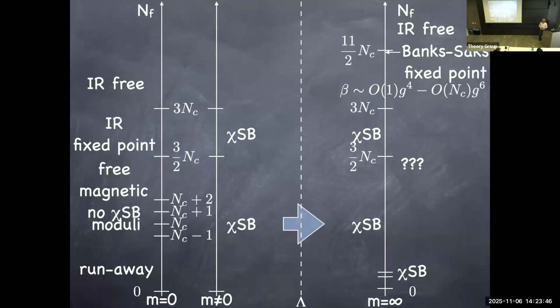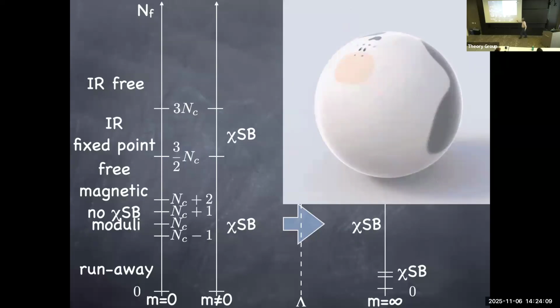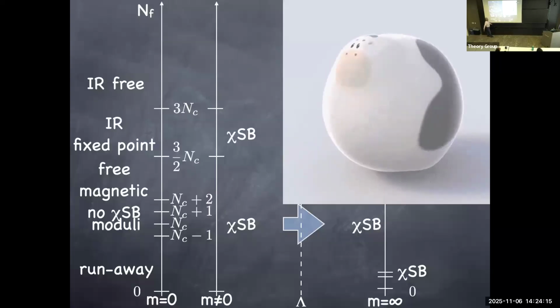And here, definitely, they seem to be continuously connected. Here, there may be a phase transition, but there's a local minimum that seems to be continuously connected. So there's still something you can learn by studying the local minima. So that is what I said at the very beginning. To understand the real cow that is sitting on this non-SUSY limit, you can make it supersymmetric all the way to this end once. And by breaking it a little bit, you can start picking up the features of non-SUSY gauge theory at the end of the day. So that is basically the claim I'd like to make.